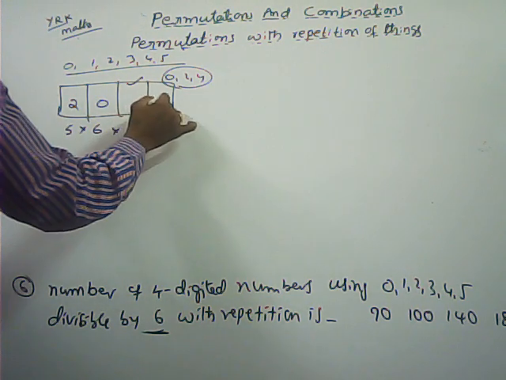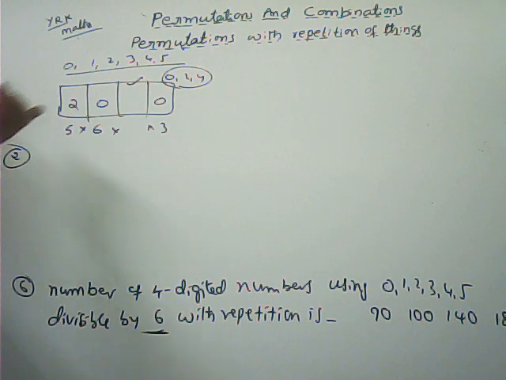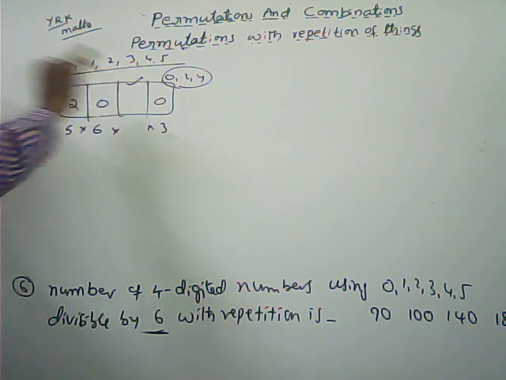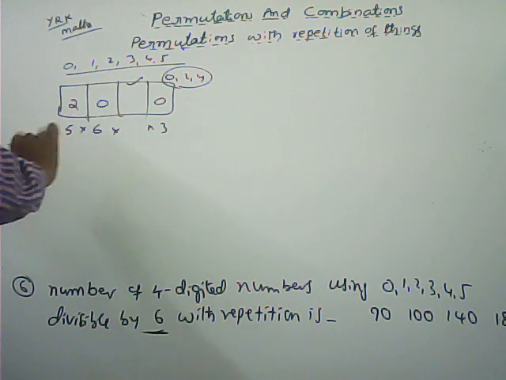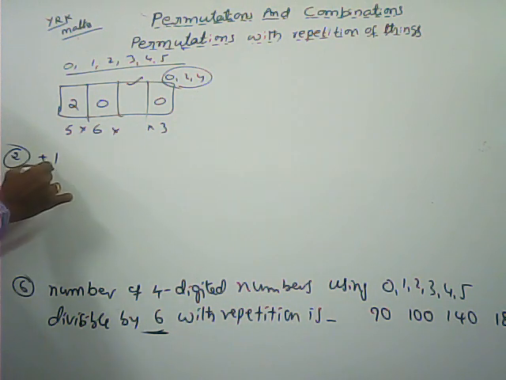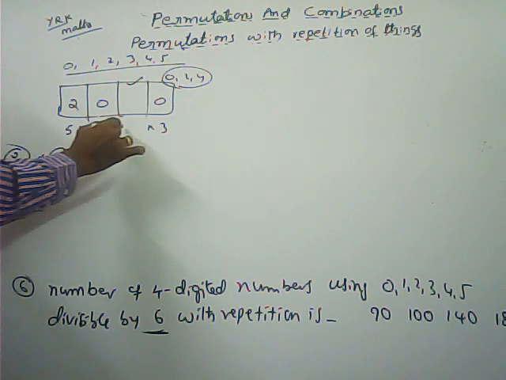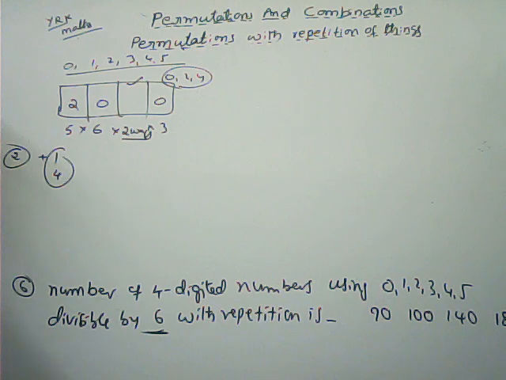Here also I am keeping 0. How much am I getting? The sum of the digits is only 2. So what should be added if it is to be divisible by 6? That should be divisible by 6 only. Divisible by 3 means the sum of the digits should be a multiple of 3 only. So here I have to add either 1 or 4. 2 ways are there to fill this one.